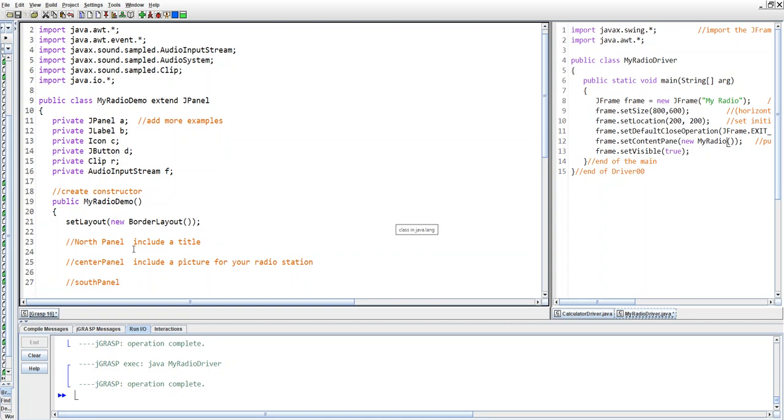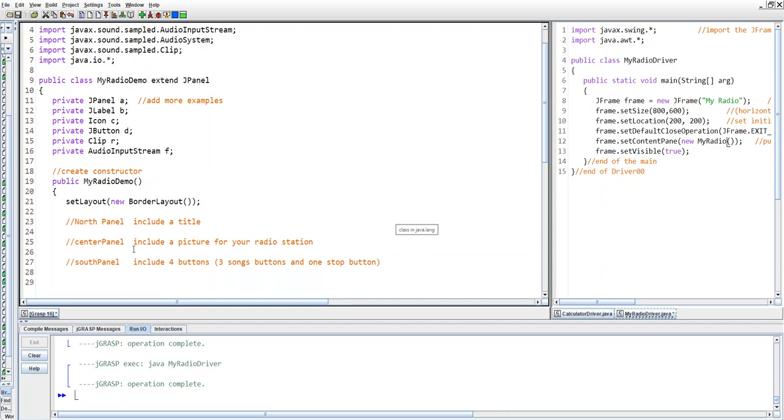And the south panel, what we want that to include, I would say, is 4 buttons. These 4 buttons include 3 song buttons, at least 3 song buttons. You can do more if you like, and 1 stop button. All right, because I want you to be able to stop the music and default back to the off position. So you can call it a stop button, you can call it an off button, whatever you want, that can make all the songs stop